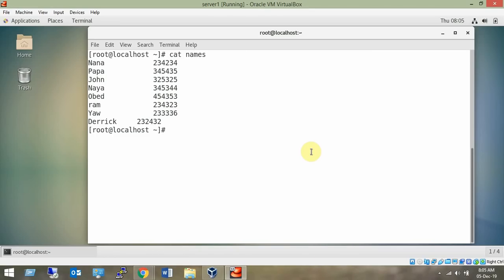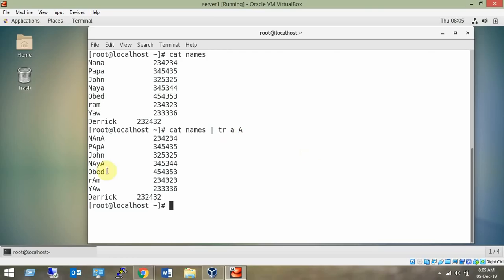I want to translate all small a to uppercase A. So piping symbol, tr, small a to uppercase A, and you see wherever there was small a, it is translated to uppercase A. Alright. I want to translate all small a to z.